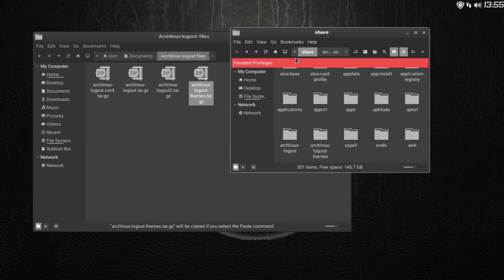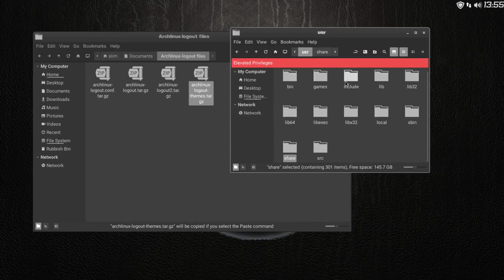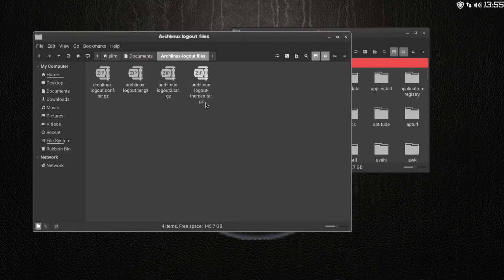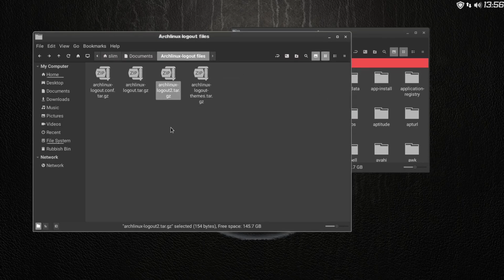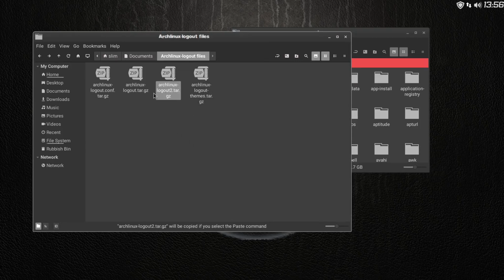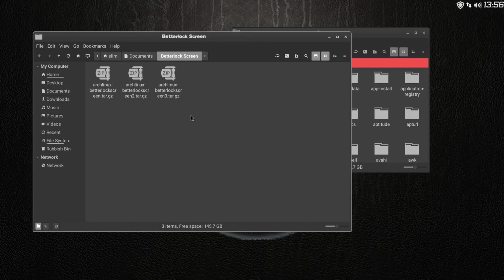But what we need to go on into now is back here. We're going to user share. While we're here, I could do these two a little bit later. This is the one I need. Yep, that's the bin file which we need. So let's do that now. Copy that, but I'm also going to go on into Betterlockscreen as well, which I think is this one, which is the